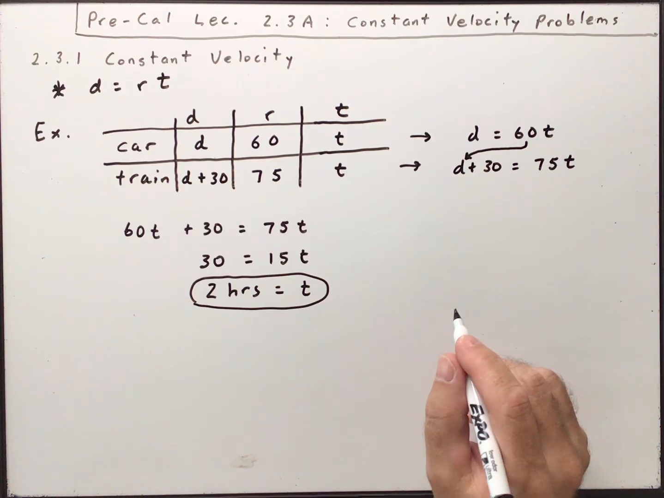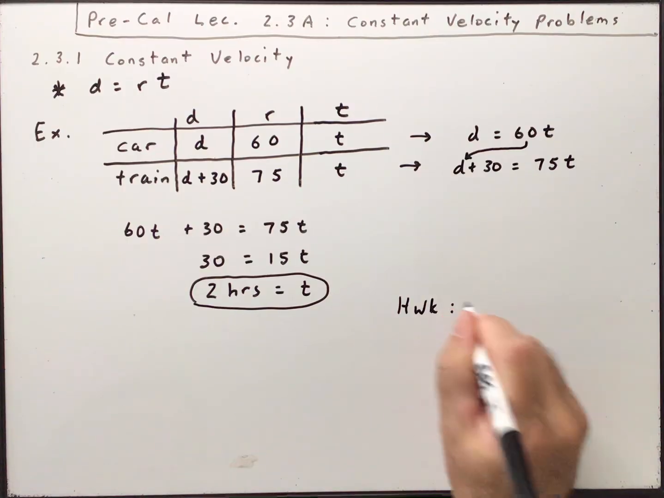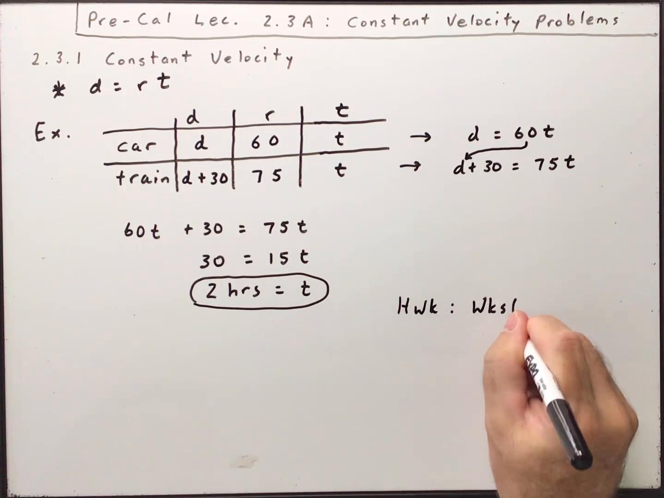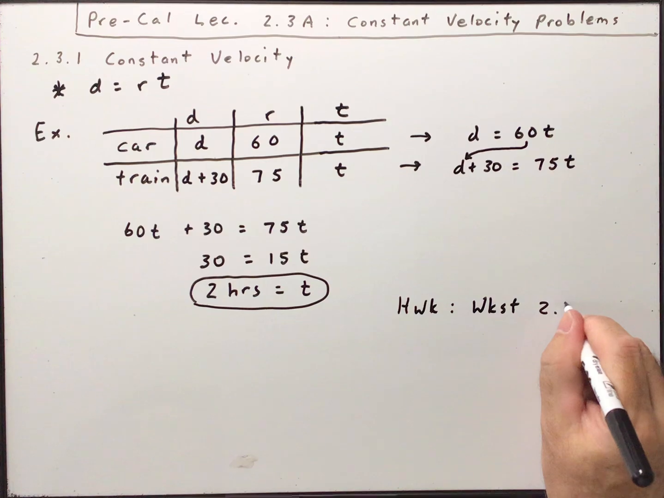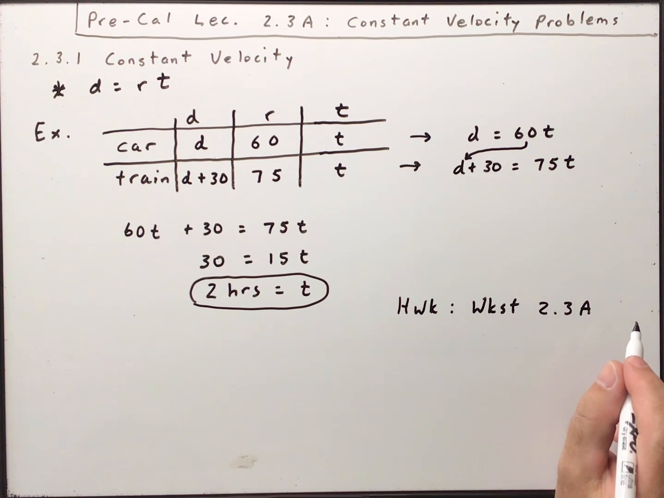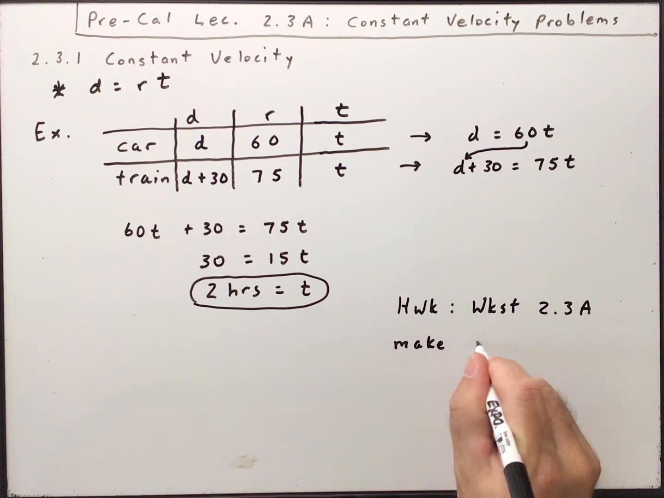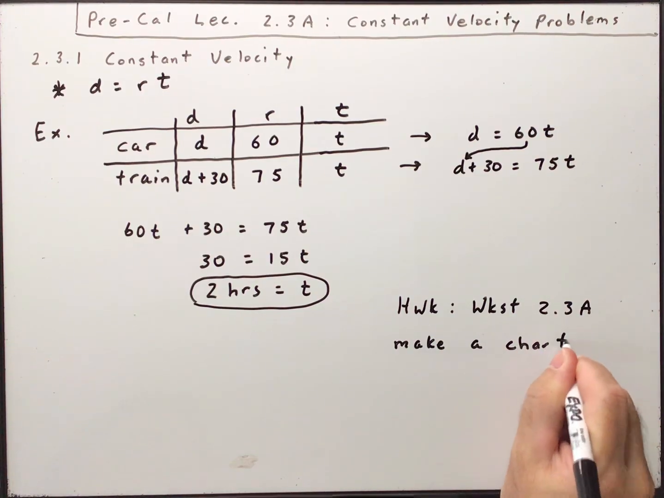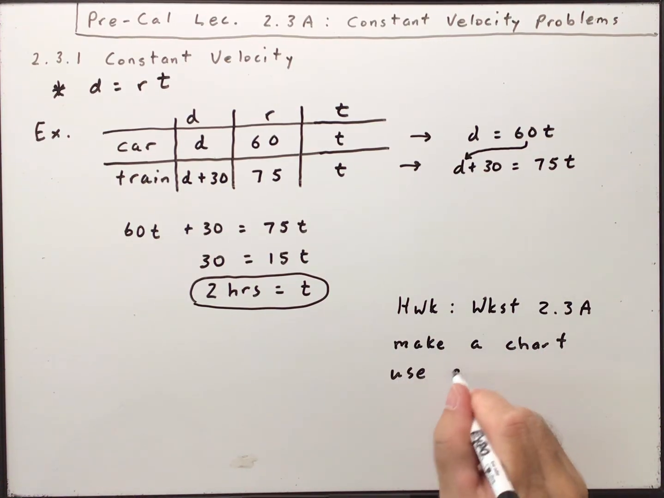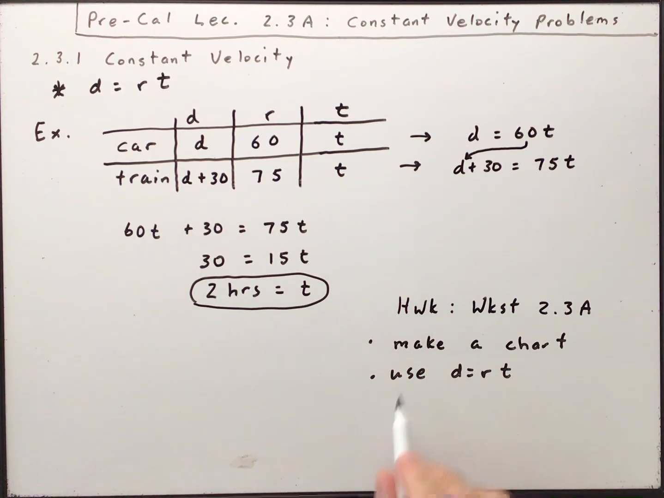So the homework is going to be worksheet 2.3a. And there are 5 of those. I don't really have any special instructions. I would say just make a chart and use D equals RT. Right? We make a D equals RT chart, and then make sure